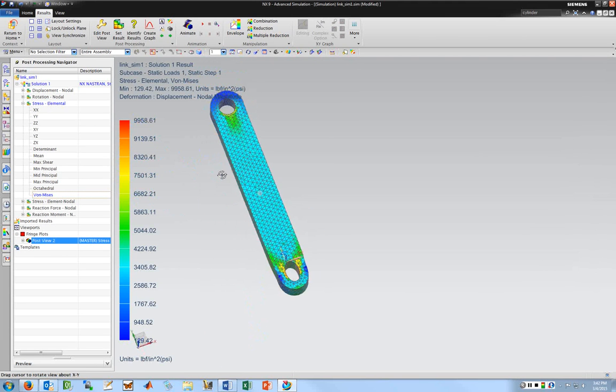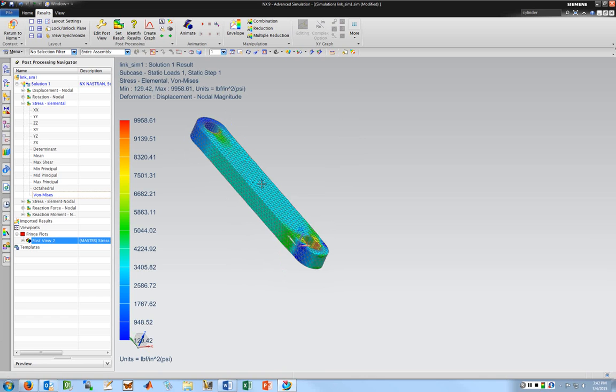This more interesting though is the stress around these. So again, around here is better than what I get up here because of the constraint. So in here I trust it. To do a better job around here, you'd have to apply the load the same fashion that it would actually be loaded as if there was a bolt in there. So a lot of the goodness of the results you get is how you apply the loads and your mesh